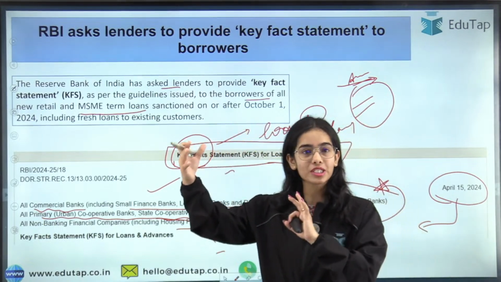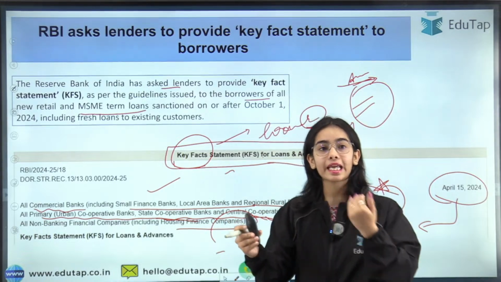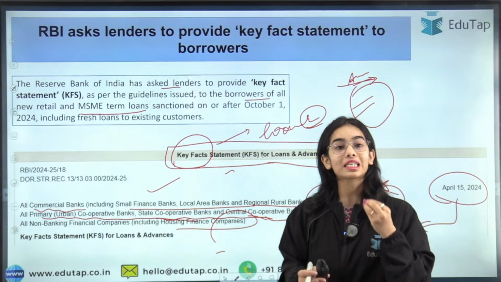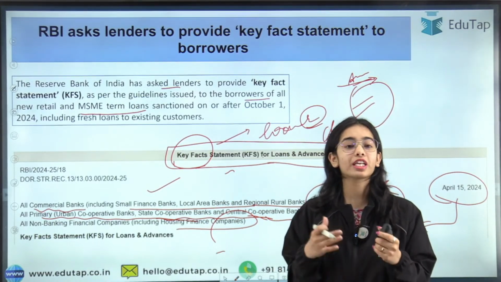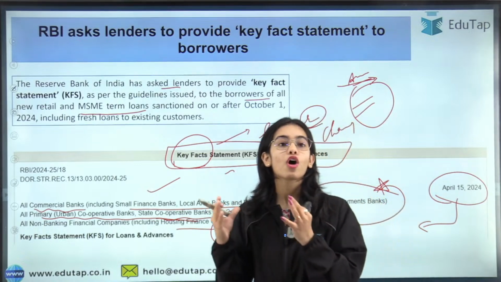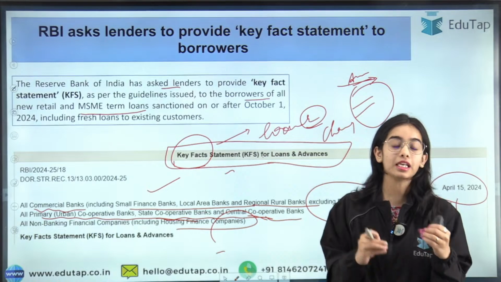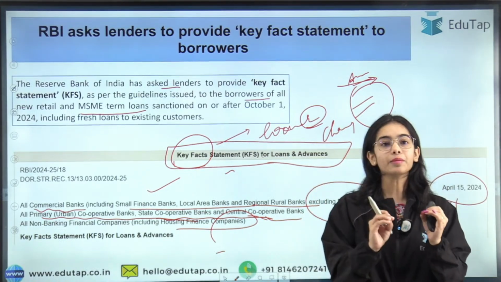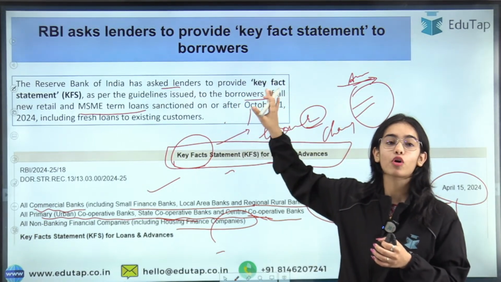If the big corporations are taking the loans, they have the legal team, they have the complete team that is engaging with the banks, that is seeing all the documents. But when it comes to the retail customers, when it comes to the individuals, we are not very much accustomed to the whole process of loan taking. Okay, so we are the ones that can get cheated very easily by the banks also, by the NBFCs also. So that's why there are guidelines that have been brought by the Reserve Bank of India for the lenders